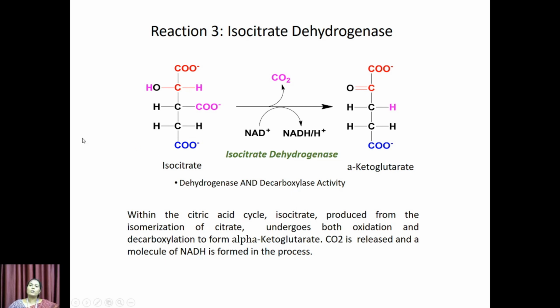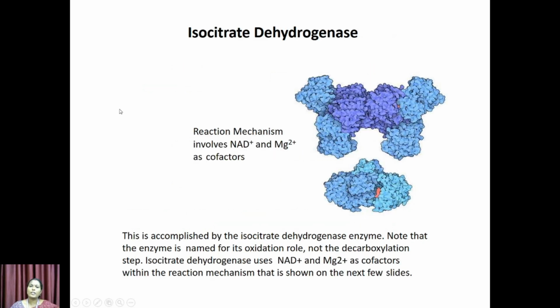Third one, isocitrate dehydrogenase. Isocitrate is converted into alpha-ketoglutarate with the help of the enzyme isocitrate dehydrogenase. CO2 is released and the molecule NADH is formed in this process. The reaction mechanism involves NAD plus and Mg2 plus, magnesium 2 plus, as cofactors. Isocitrate dehydrogenase uses NAD plus and Mg2 plus as cofactors within the reaction mechanism,